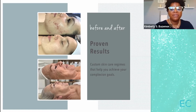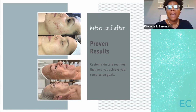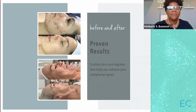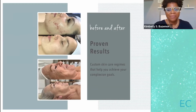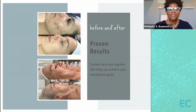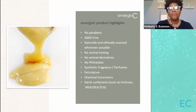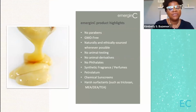And then the bottom screen was actually a Swift Lift Peptide Firming facial that I performed. And that was actually after one treatment. And you can see just the before and after visible results of infusing amazing hyaluronic acid, collagen stimulating peptides in there, really great peels in there. You can see just differences, and we have something for everyone. And so what we'll do now is that we'll actually go over and cover more of the ingredients and things that make us